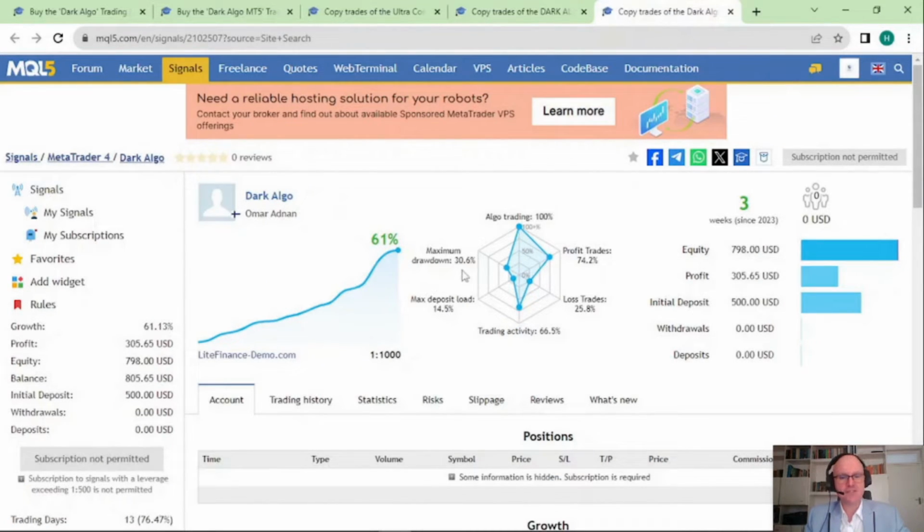68.5%. Another signal that has been running for 3 weeks is the one from Omar, and that one is currently up 61% on an initial deposit of $500. Because of the small deposit amount, this one's maximum drawdown is currently at 30.6%, but it still has a very high win rate of